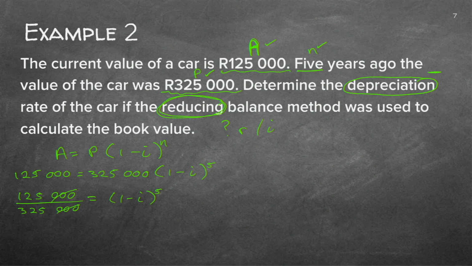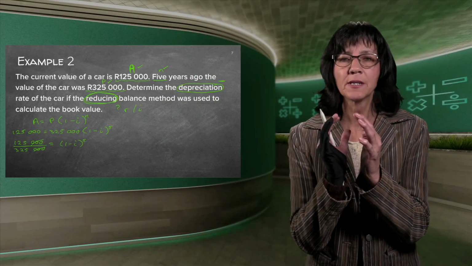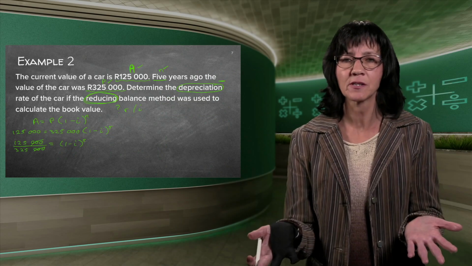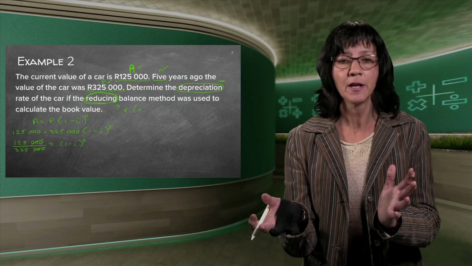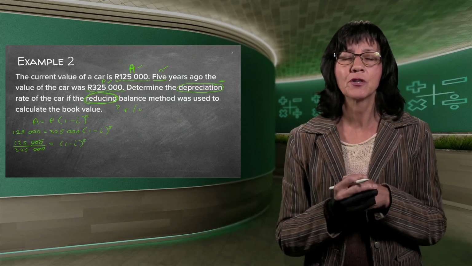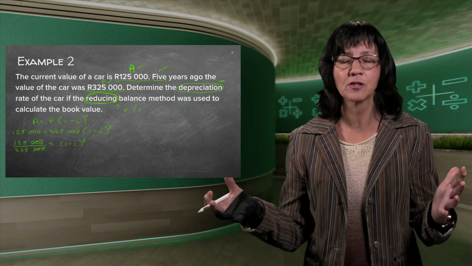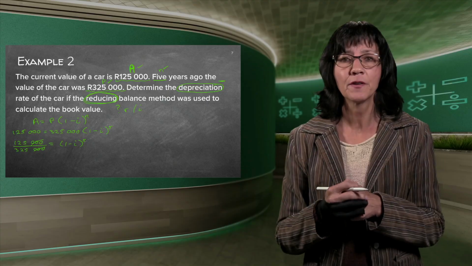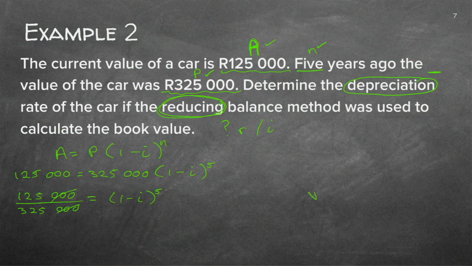You want that I all alone. Remember, you can never work inside a bracket if there's still stuff on the outside. It doesn't matter where on the outside. So I can't touch that I and the 1 at this stage. I need to first get rid of the 5 because the 5 is furthest away from the I. And how does one get rid of an exponent? You draw the 5th root. And remember, where you get that 5th root, there's a little button that's got a little block there and a block there, and it's opposite the block that says x to the power of that little block. So let's quickly do that.